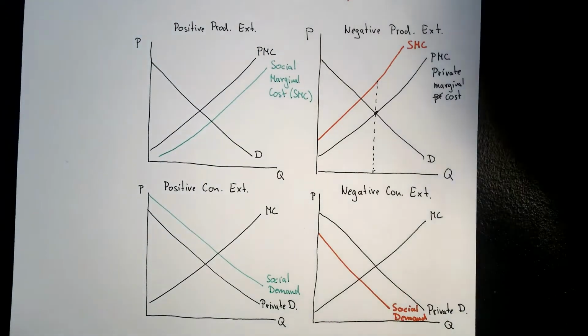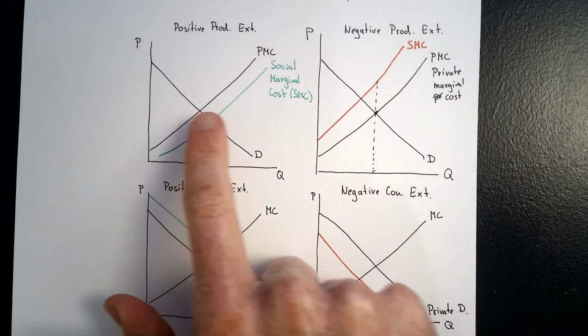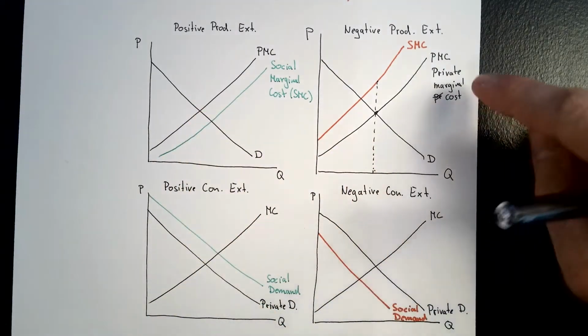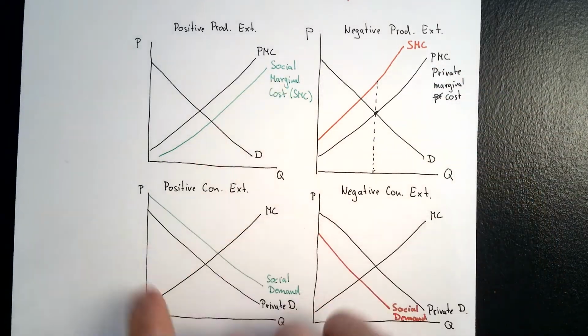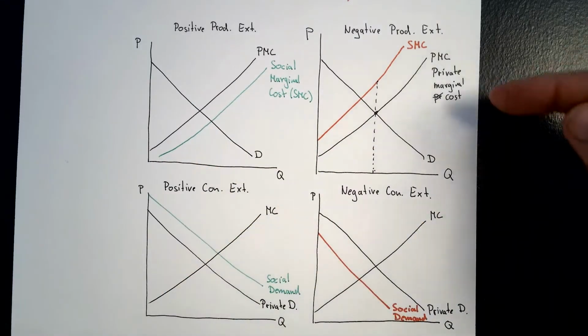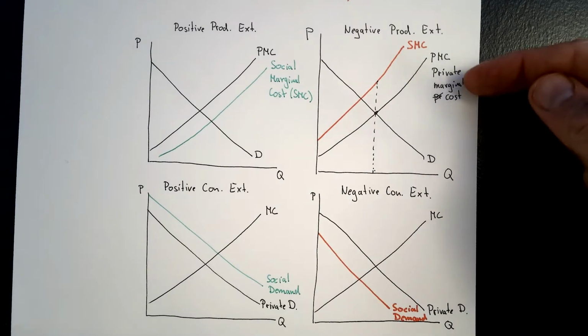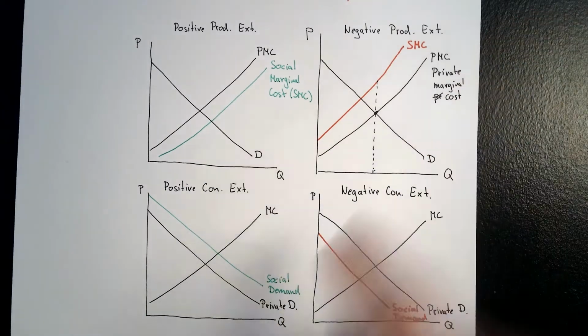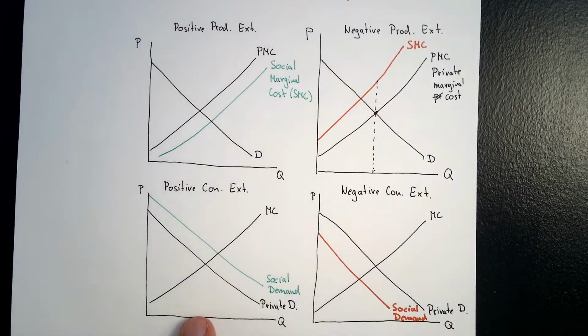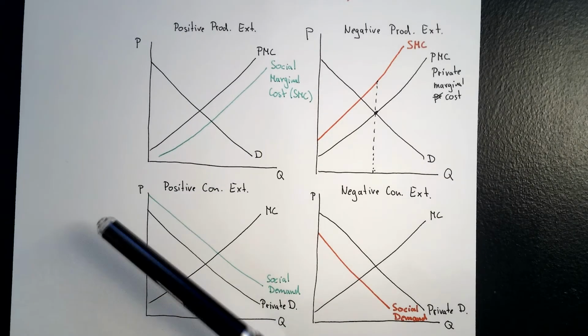Okay. Now, when we have a production externality, then we are looking at the social cost function. We differentiate between private marginal cost, PMC, and social marginal cost. Whereas when we are looking at the consumption externalities, either positive or negative, then we are looking at the demand function. Or under certain conditions, you can also think about this as the